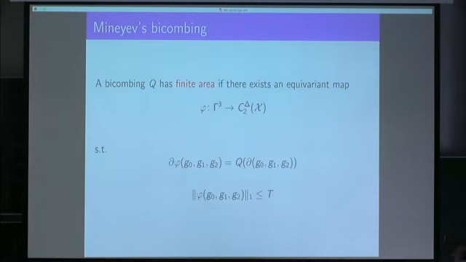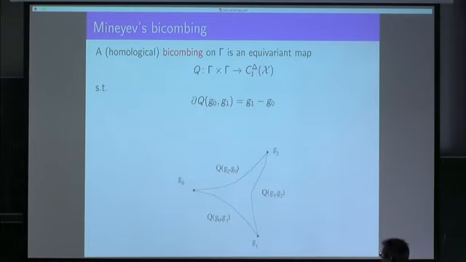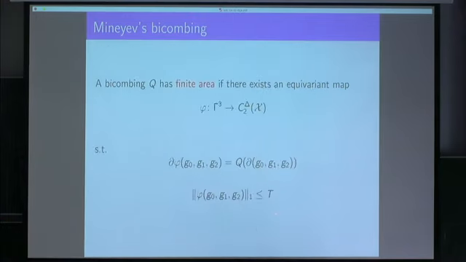Okay, a bicombing has finite area if the following holds. We take 3 vertices, we take the bicombing of the boundary of these 3 simplex. It is just this one, okay? And then this is a cycle, so it can be filled in the Rips complex. If I can fill it with a simplicial 2-chain of uniformly bounded L1 norm, then I say that this